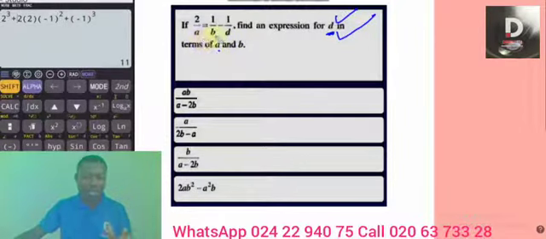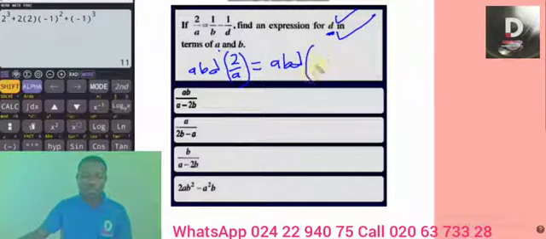So the LCM is to multiply them. Anytime you have prime numbers or distinct variables as denominators, if you want the LCM, multiply them. Are you okay? Good. So let's go. The LCM is ABD. So you multiply ABD by the first term, which is 2 over A, equal to the same ABD multiplied by the second term, which is 1 over B,